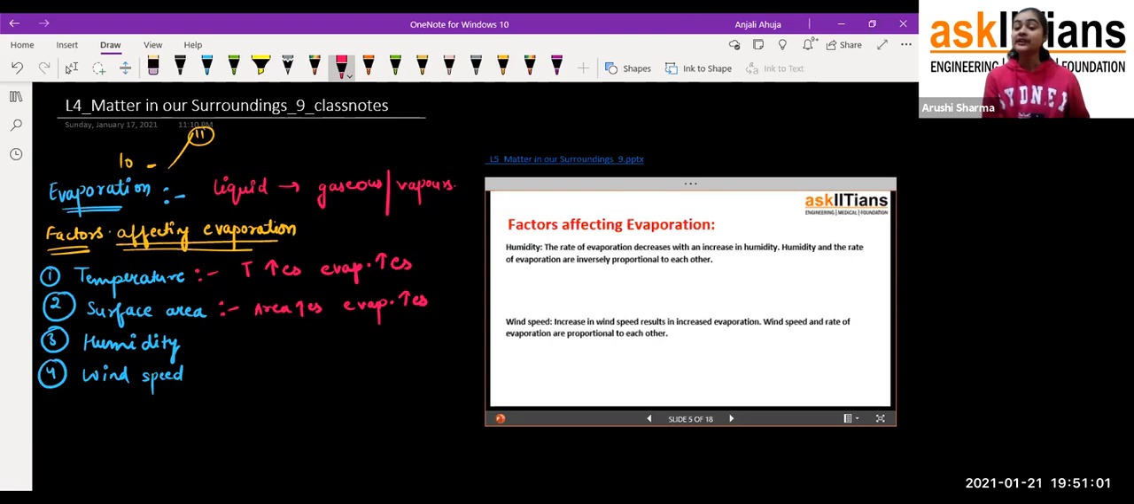Now, humidity. Do you know what humidity is? Students, humidity is when we have moisture in the atmosphere. For example, in the rainy season, we can feel that there is moisture in the atmosphere, or we can say there are more water particles in the air. Due to this, what happens, students, is that the evaporation process decreases, because more water particles are present